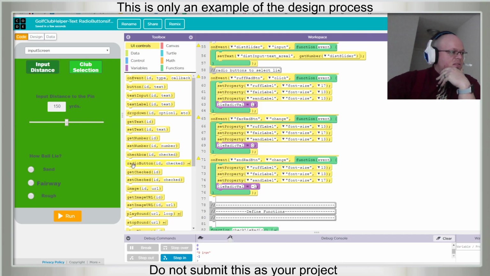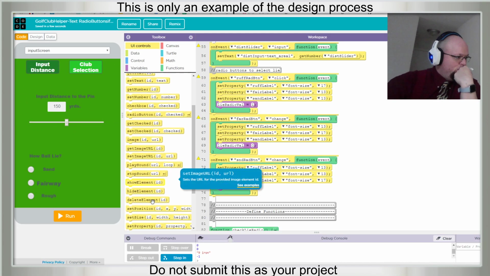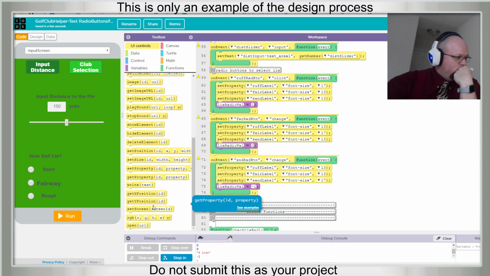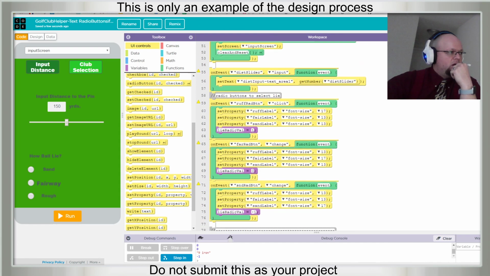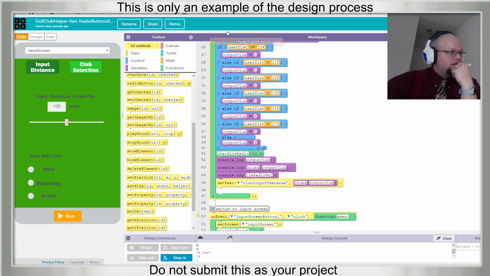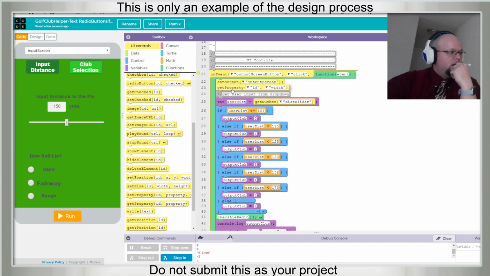I wonder, is there a check property? Or get property? Let's see what get property looks like. Can that be on event? It doesn't stand alone. On event. Okay, this could be inside of our main button, but it also doesn't.